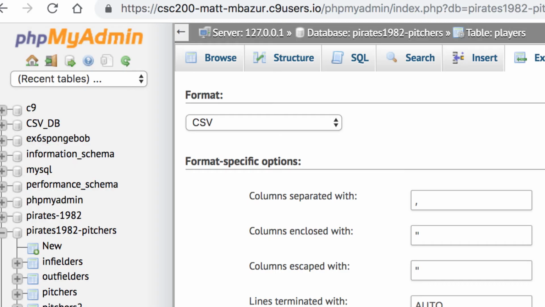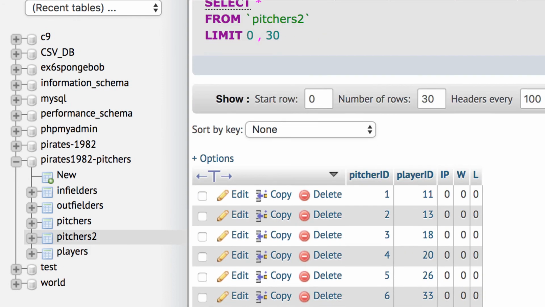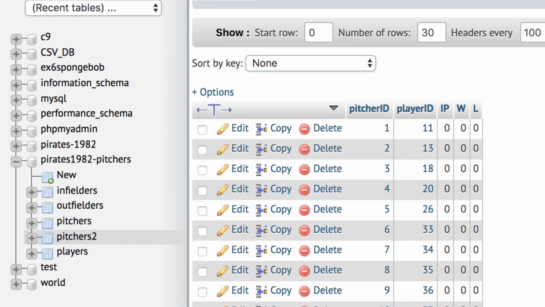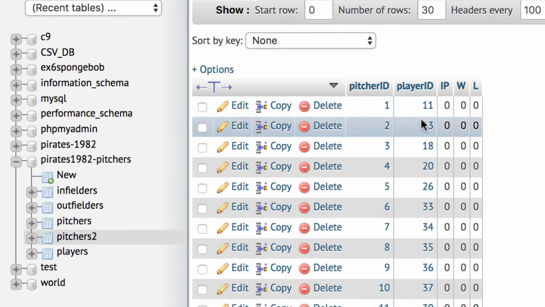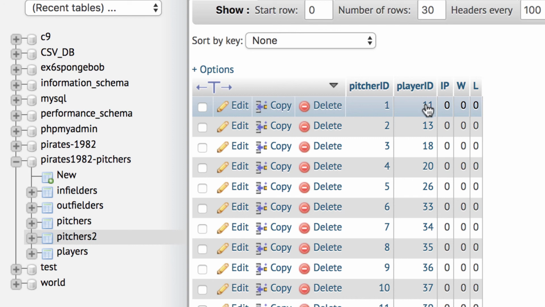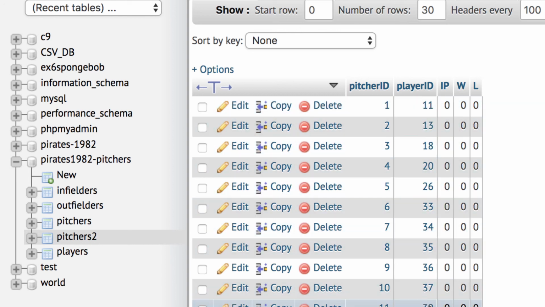This is a little addendum exercise. Again, I just wanted to show a better structural way that foreign keys should be set up and that relational databases should be set up. We'll be doing more with this as we go on, but I wanted to show that before we got too far away from the pitchers thing, in case you were like, wait a minute, what happens if we change the name and the name changes? Now that won't happen because our only link to that file is a player ID,